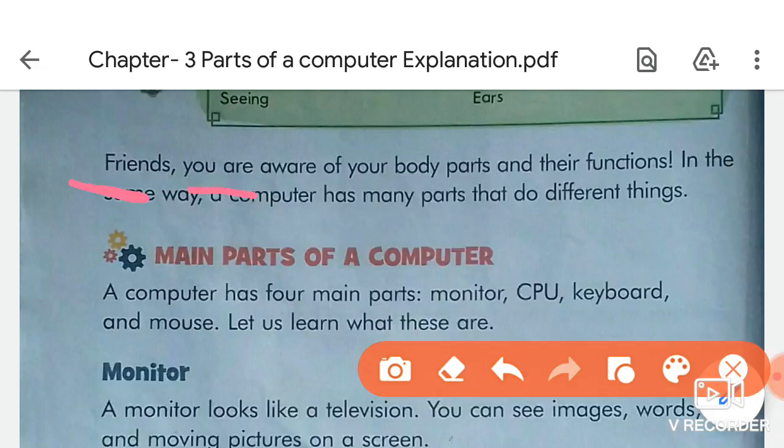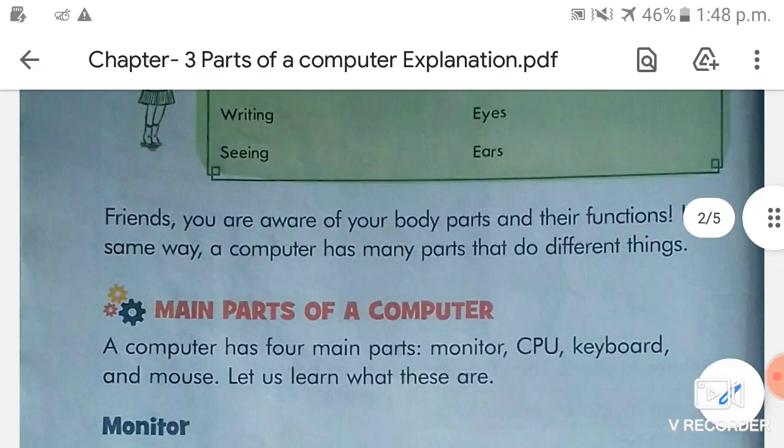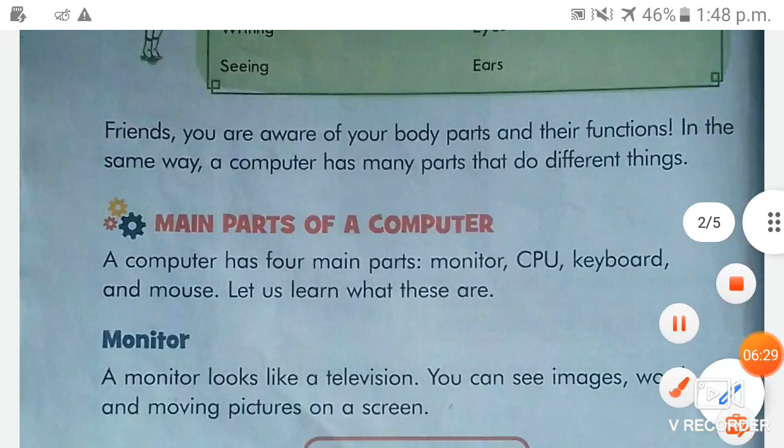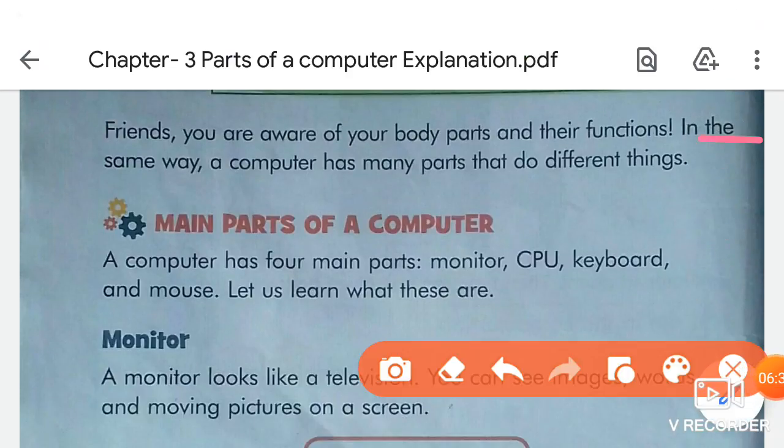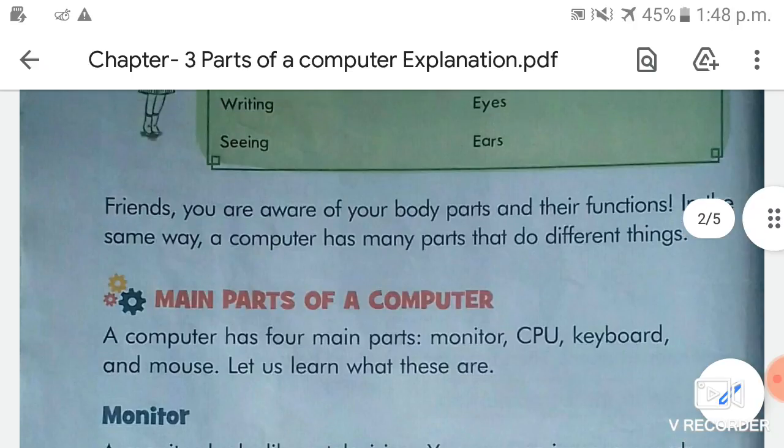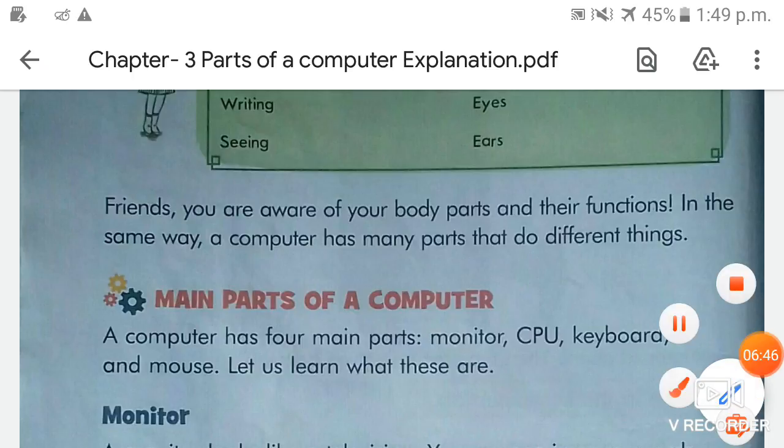Friends, you are aware of your body parts and their functions. In the same way, a computer has many parts that do different things, okay? Just as we all know about our body parts, the computer has its body parts too, and a computer uses its body parts for different things.